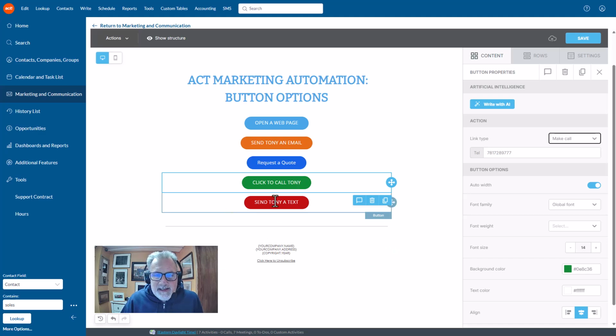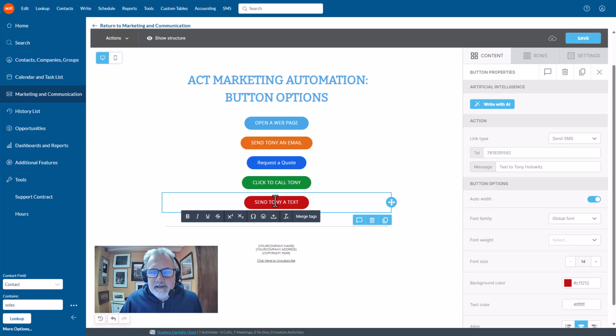This last one, the send Tony a text, is something that in theory should work, but it doesn't. I've tried to get it to work. I've tried a couple different things, no luck. And I guess it's a known issue that it doesn't really work. So sometimes that happens. But having said that, if you use buttons to generate a call to action, that is